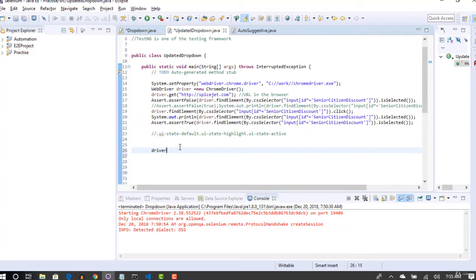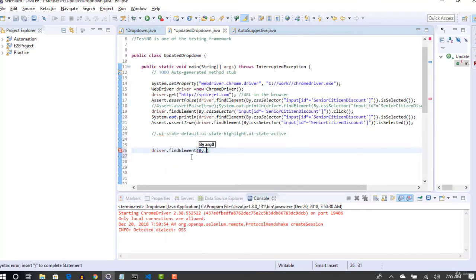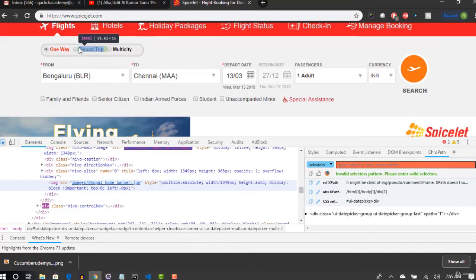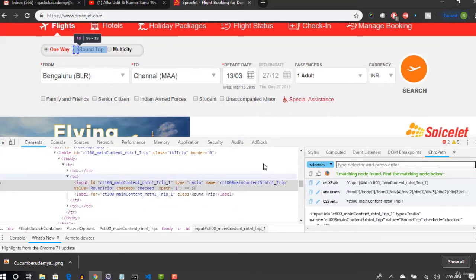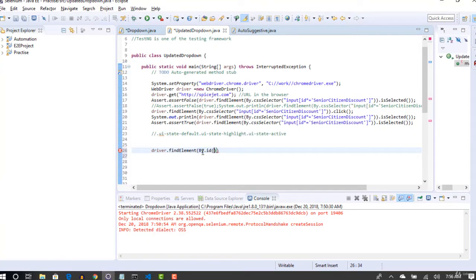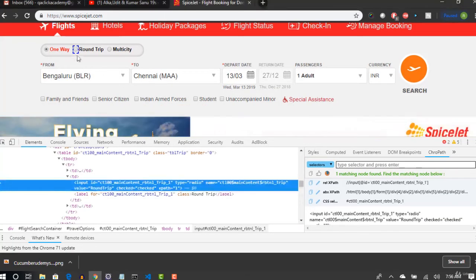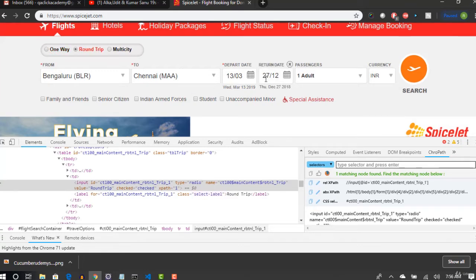Thereafter it's time to select the drop down. Okay, by dot, what round trip, select this, and there are many options here. It's up to you to select one. Let's go with name RBT, and hopefully this is unique, or you can use ID. It's better to go with ID, right? By ID. So by doing this, first you will select the round trip option. Once you select this, it will get enabled.